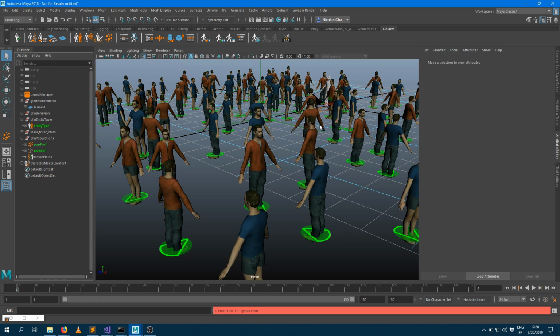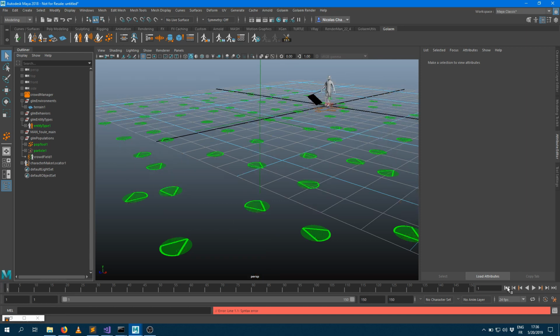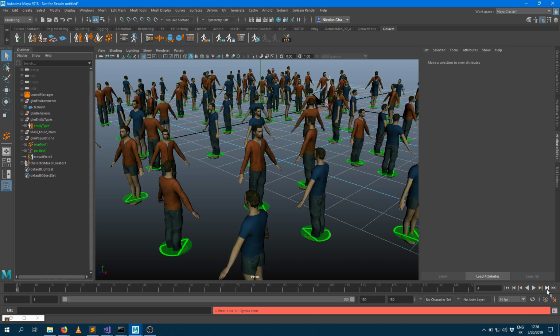character with that sweatshirt. As Golem is simulation based, every time you do a modification, you need to go back into the first frame and then run a couple of frames to see what's the result of